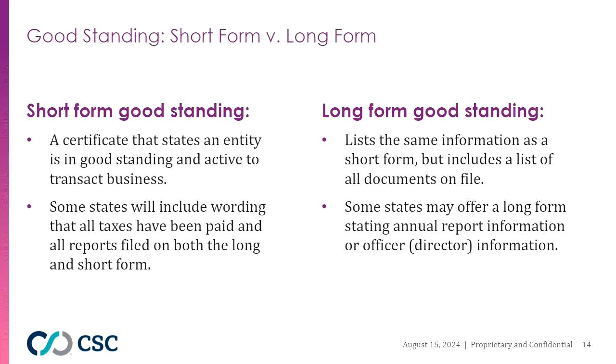Most entities do a short form that indicates they are active and in good standing. Delaware specifically states the name of the company when it formed and that annual reports have been filed and taxes have been paid, and then that it's in good standing as of the date it was ordered. What is nice about the long form good standing is that it includes everything I just mentioned, plus the list of all the filings on record. In New York, the cost of a short form and long form good standing is the same, but in Delaware there is a price difference.